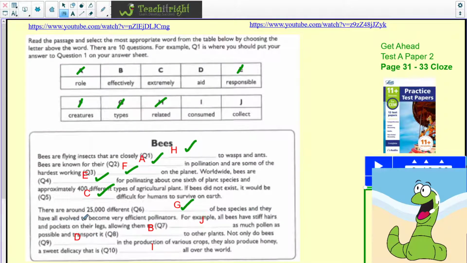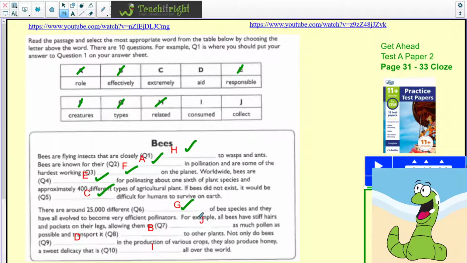And they have all evolved to become very efficient pollinators. For example, all bees have stiff hairs and pockets on their legs, allowing them to something as much, now that is to effectively as much pollen as possible. So effectively is the word that we need in there. So we've got, for example, we have stiff hairs and pockets on the legs, allowing them to,